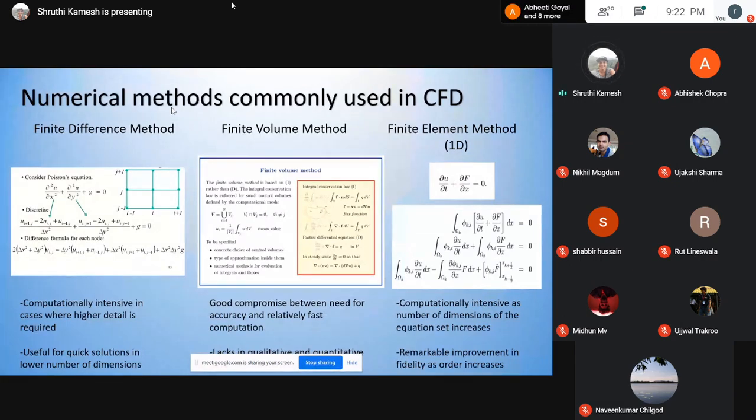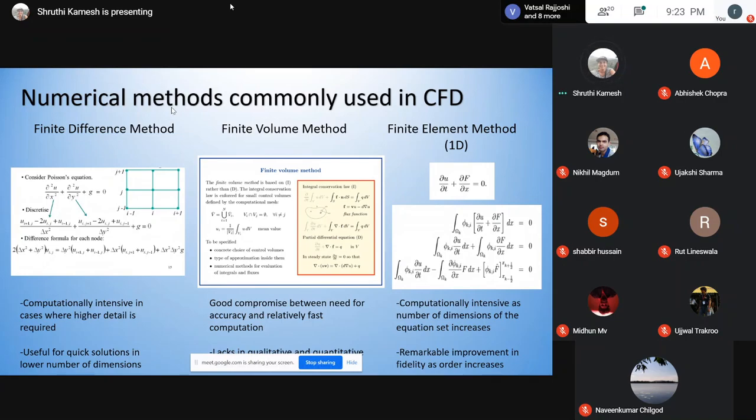But in finite difference, you solve for nodal values. In finite volume, you solve for elemental values. Finite volume is sort of a compromise between finite difference and finite element, because it does give certain accurate values and it does not take too much computational time like finite element. But the fact is, it does not give too much detail, and that can be a hindering aspect when it comes to different